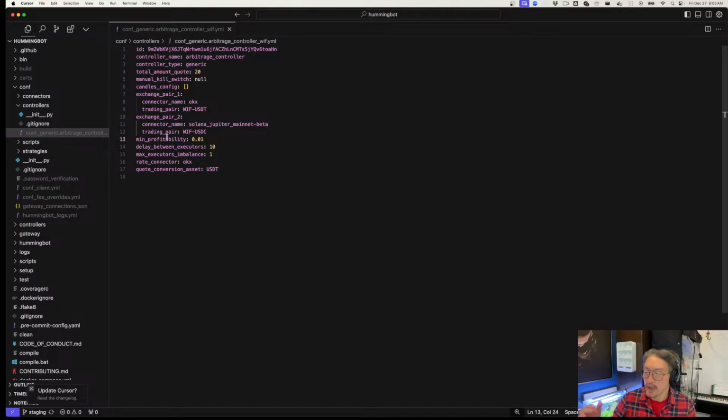But over time, I'll probably lower this in order to make sure I can get a trade done effectively. This delay between executors measures how often you do a trade. So I don't want to do a trade too often. I just want to be conservative in the very beginning. So I'll set it at 30 seconds since I don't want to bore you guys in the